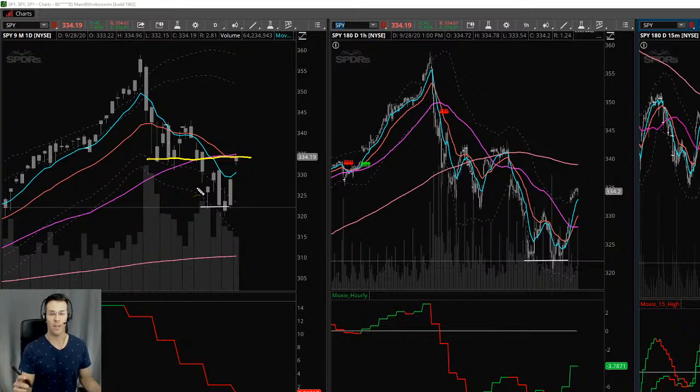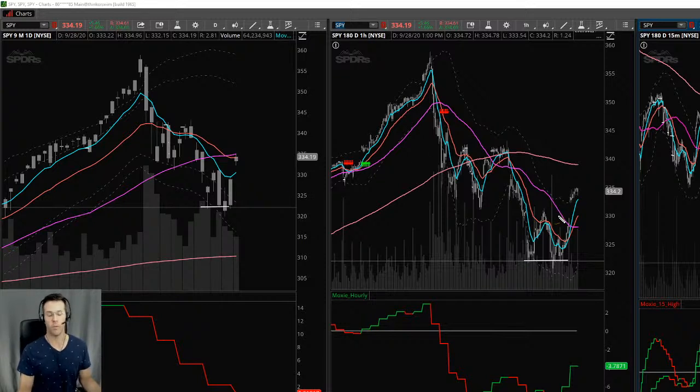In fact, there was market on close, which is a measurement of how many orders are to buy or to sell at the end of the market day. There were 2.6 billion to sell. That's how much money to sell there was. That is a fairly big number for sell orders at the end of the market. I've been telling people to be very, very careful about your longs in here. If you are more nimble, this is a good opportunity to take some off because I foresee the market coming back down. What we don't know yet is how far down we're going to go.